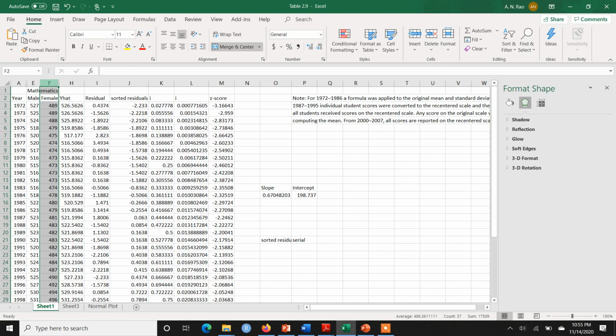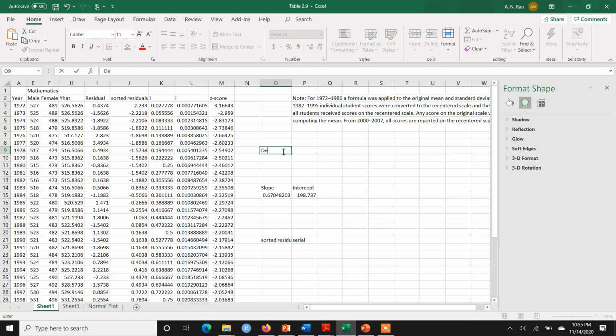So let's say we want to run a regression in which we treat the male score as a dependent variable. So let me write here that my dependent variable is male score in maths, and of course I'm talking about the SAT exam, and the independent variable is females' score in maths, SAT exam.